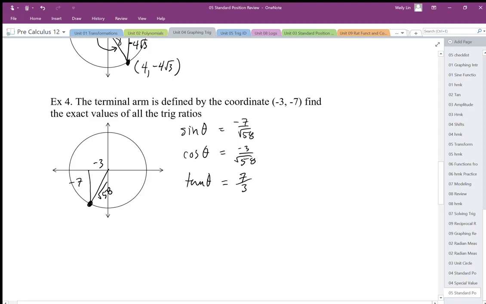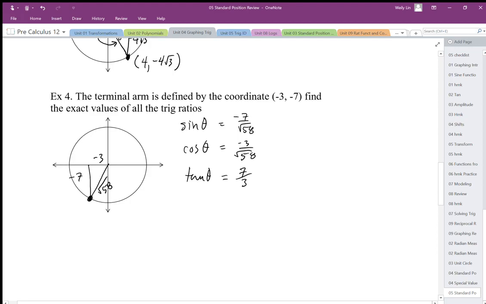Now, we're not asked to find the angle, but what is the position angle that locates that position? Well, I can use any of those ratios to find it. The problem that you have to be aware of is that when we do arc sine, arc cos, or arc tan, that gives us theta 1, but theta 1 is not always in the right position. So if I go to my calculator here and I want to work out theta 1,